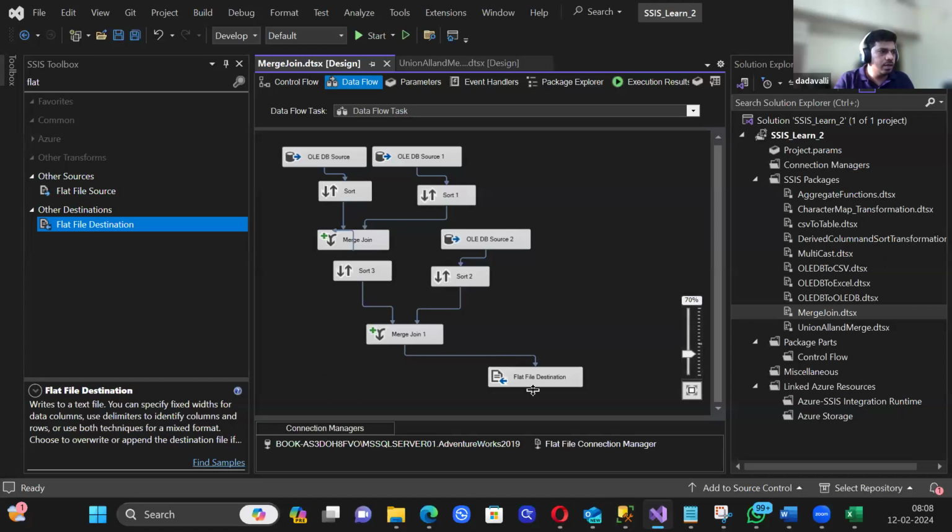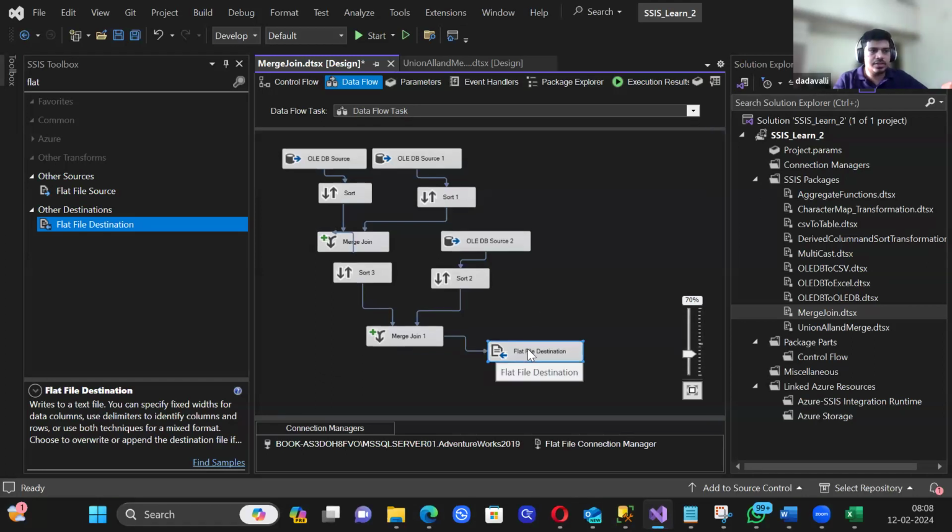So shall I explain this on the same package, or do I need to create a new package? Yeah, you can explain on the same. Okay, that would be easy to learn. Now, after getting this data, rather than sending it to one flat file destination, I'm just getting rid of this. I'm deleting this. Now,